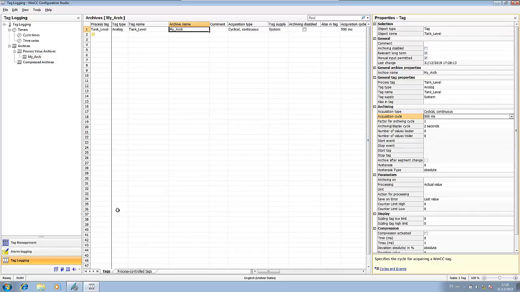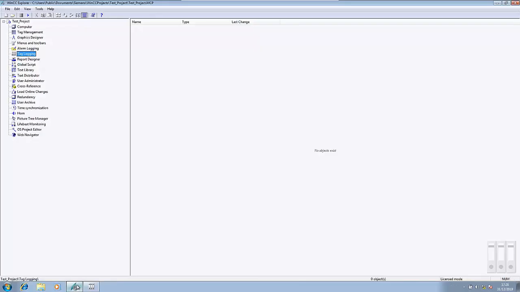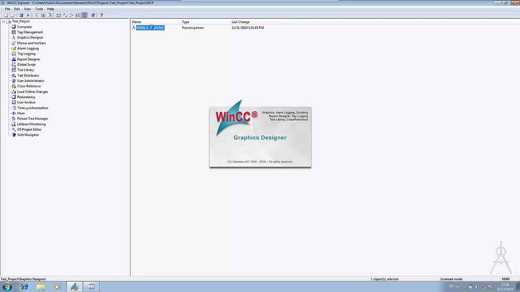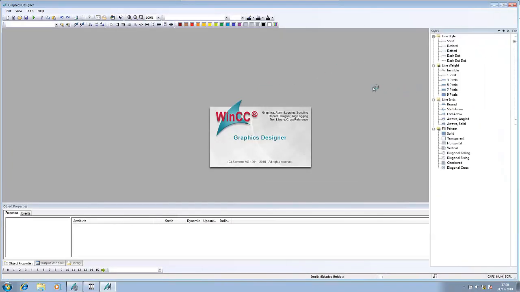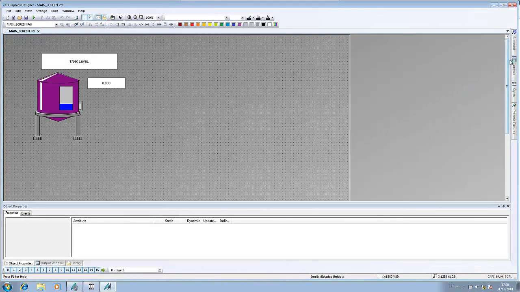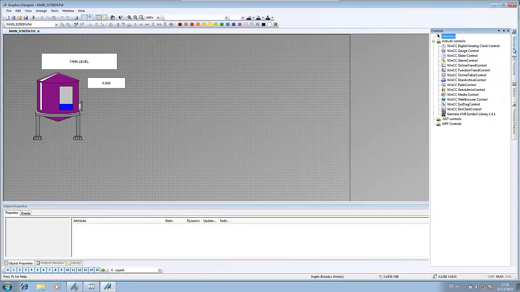I need to set the Graphics Designer main screen and look for a graphic representation, which is going to be the trend view. So I select from the controls, not from the standard, but from the controls, the WinCC Online Trend Control. I come here,